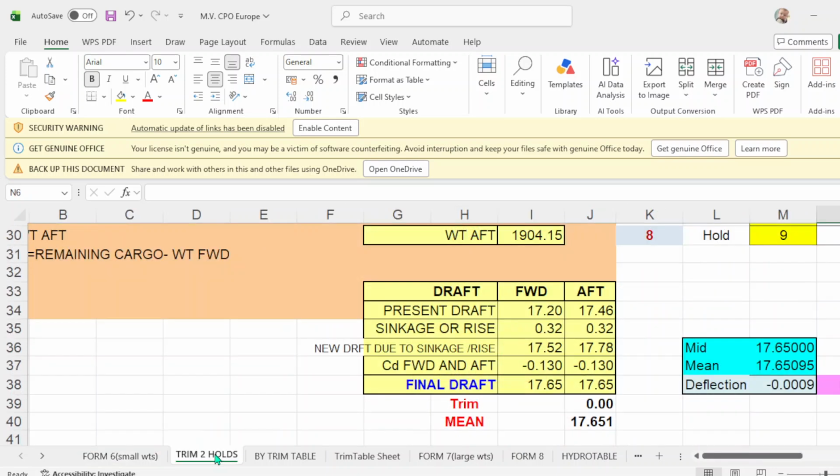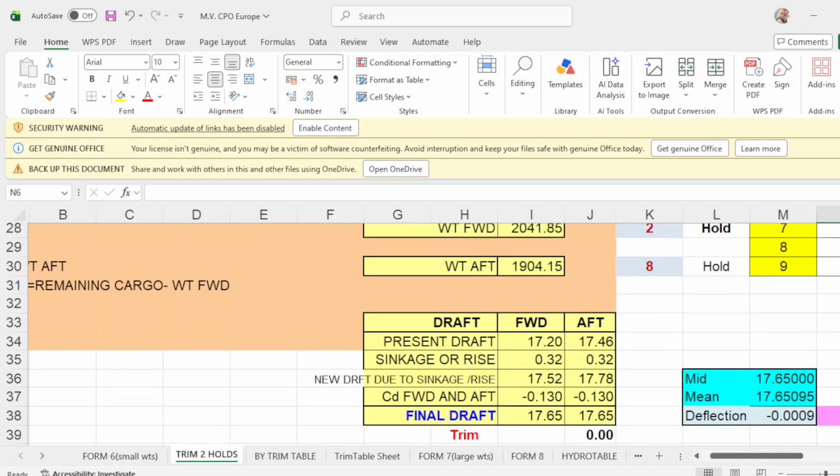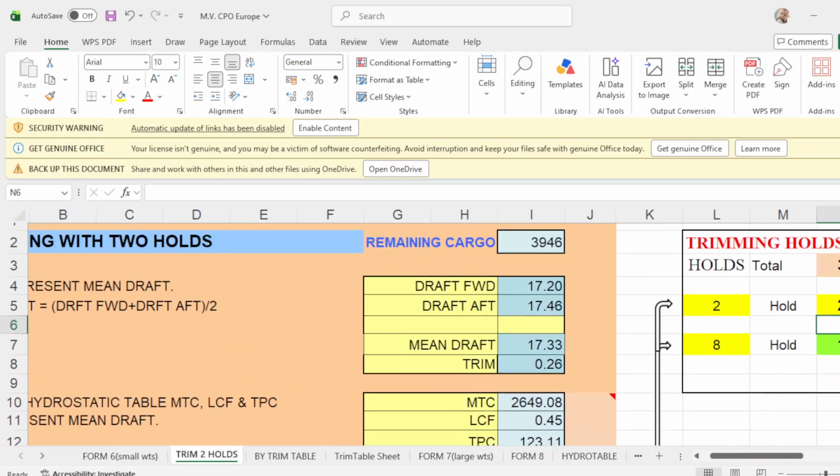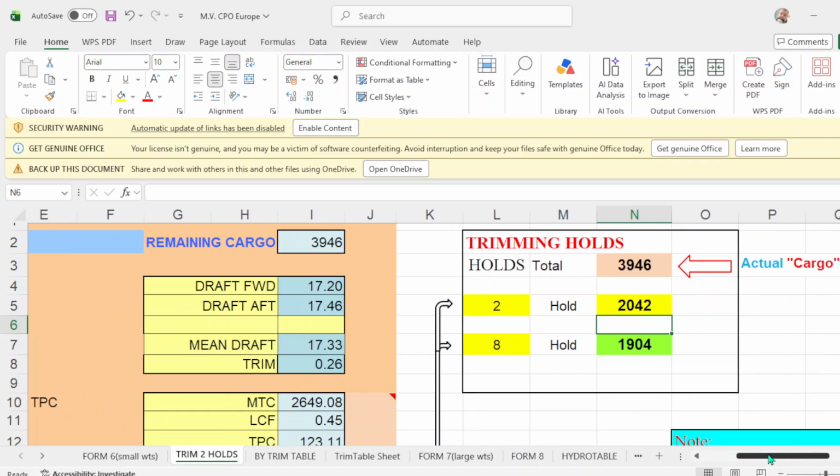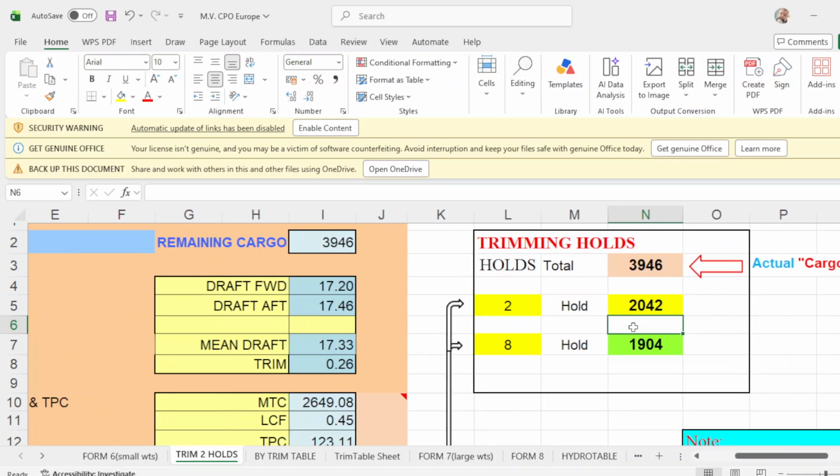But when you load 3,946, in number 2 you load 2,042, and number 8 is 1,904.